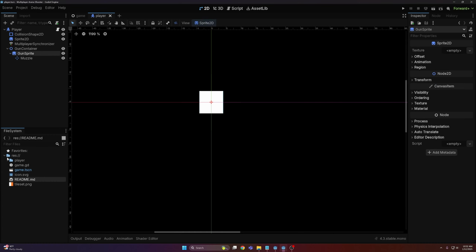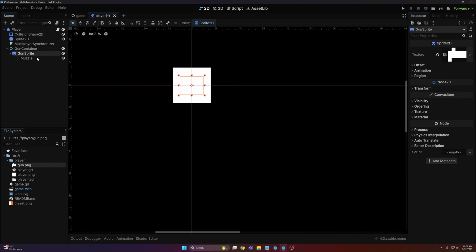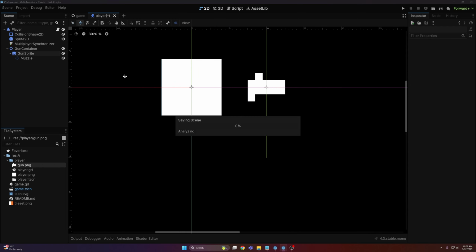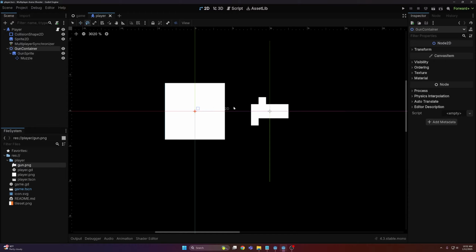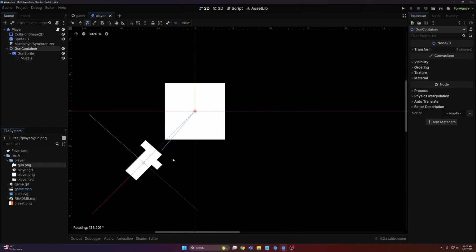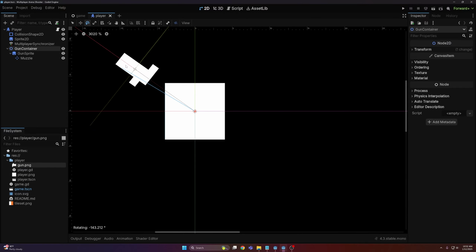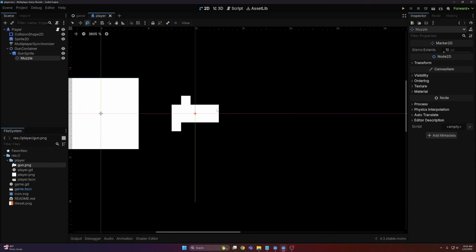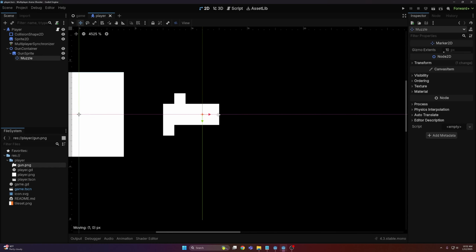For the gun sprite, it's going to be this one right here. And then what I'm going to do here is select the gun sprite and move it out. Now what's going to happen is we're going to rotate the gun container to look at the mouse position, and it'll look something like that. And then finally, I'm going to grab the muzzle node and move it out